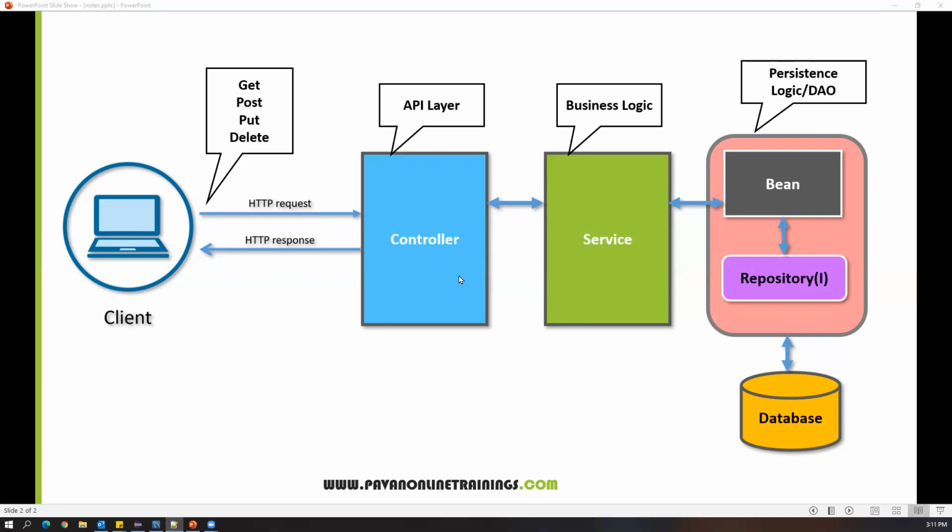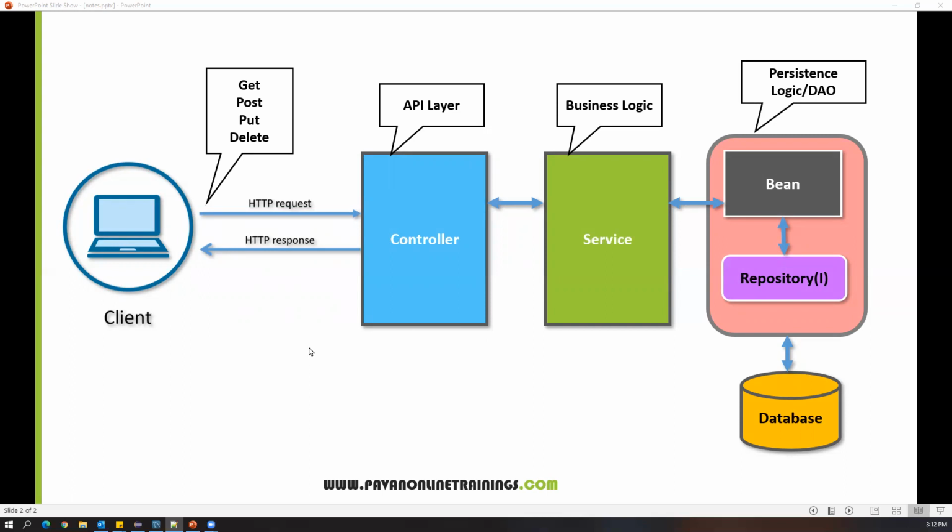So this time we are going to write the unit test case for controller methods themselves, but we are not going to call the controller method explicitly. Normally, when you want to invoke the controller methods, we have to start the Spring Boot server. And once the Spring Boot server is started, then we can invoke the controller method through an HTTP request, and we'll get the response from the controller methods.